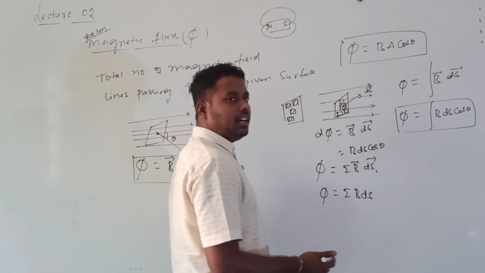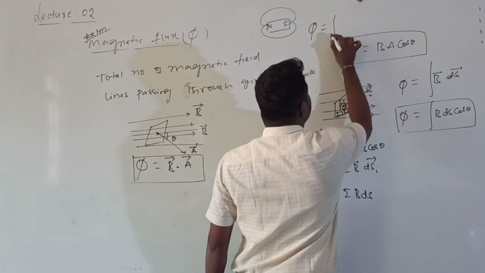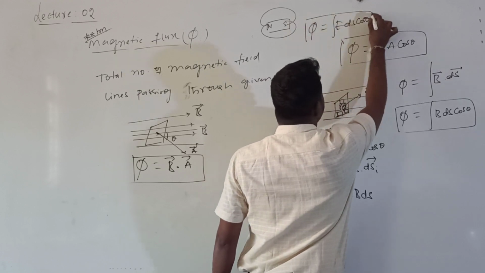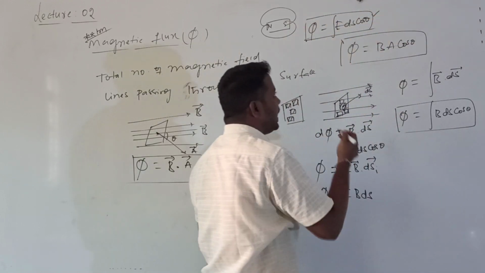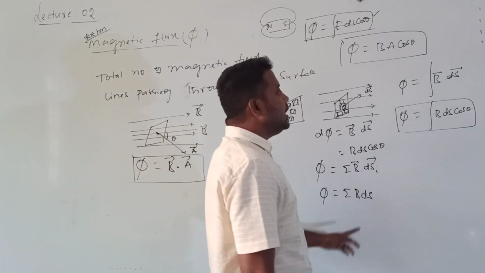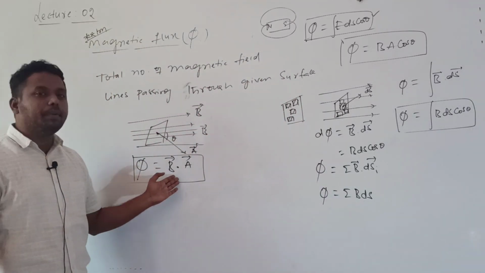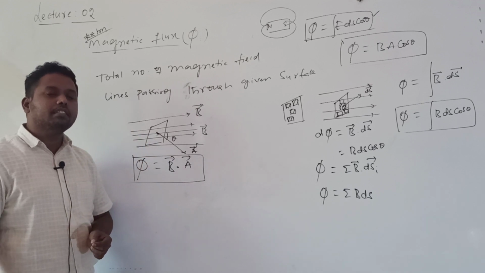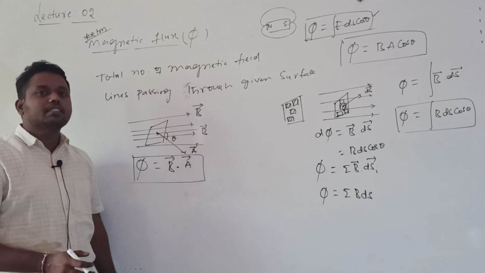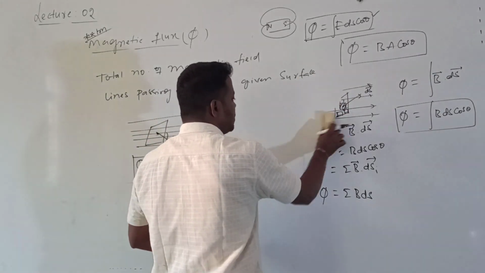So there are two methods. Even in electric flux, we write electric flux is equal to the integration of E into ds into cos theta. We used it there in the Gauss law application, that is only electric flux. Then phi is equal to the integration of B into ds into cos theta. So when the total area is given, B bar dot A bar. When a small area is given, B bar dot ds bar. To calculate the total flux, do either summation or integration.